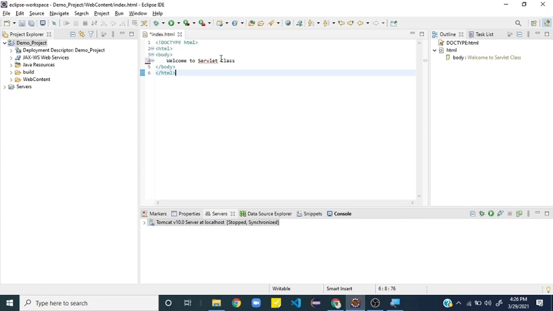Now we start giving something meaningful, but we keep it very simple. We are not going to learn anything big about Java programming, so we make it very simple over here. Let me create a small form, like adding two numbers. Let me give two inputs, enter the first number, enter the second number, and create a small submit button. So that alone I'm going to do in the index. Once you click the submit button, it is supposed to add the numbers that we are giving in the first input box and the second input box.